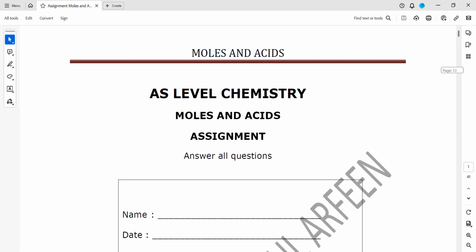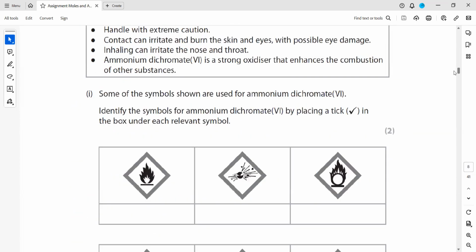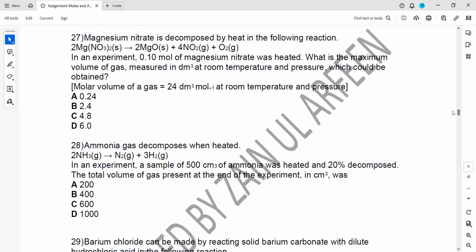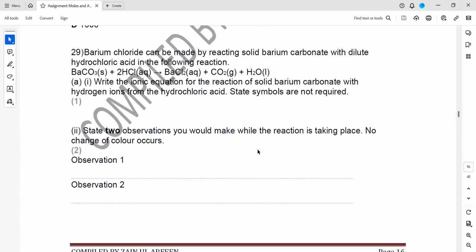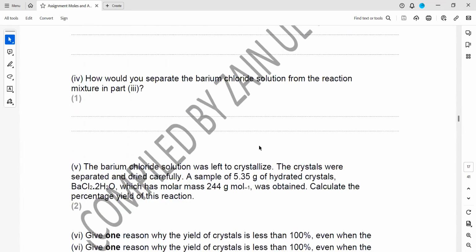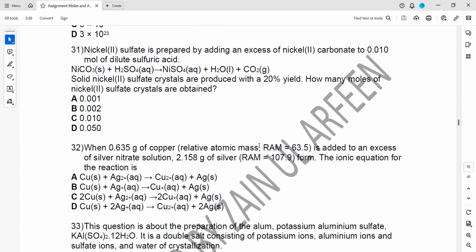Usually the moles questions you will find mainly in MCQs. Most of the mole questions are MCQs. So starting with question 31. As you can see, in question 31,